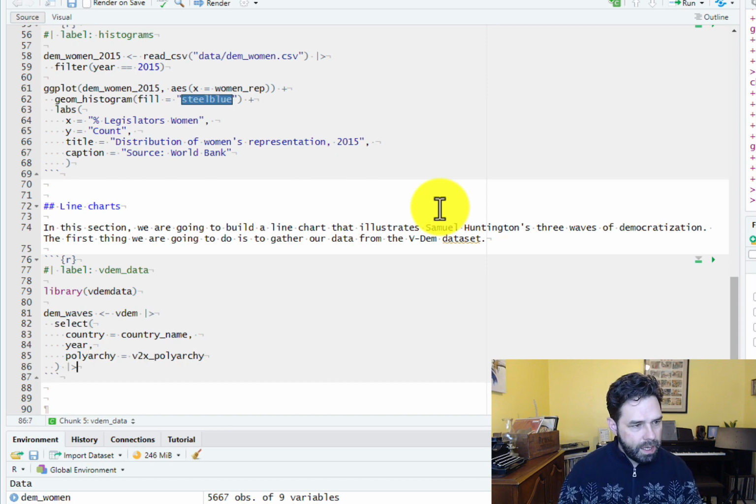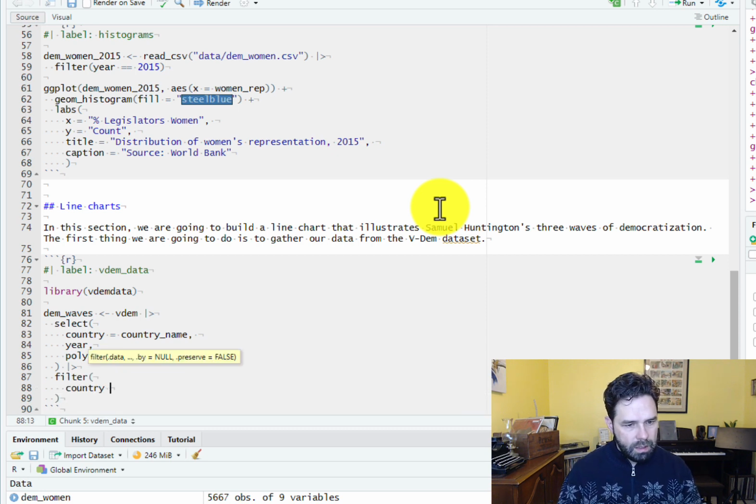Then let's pipe that into a filter verb, and let's filter country for the three countries that we want to work with. So we're going to do percent in percent, that is the in operator that will select everything that's in this combine function that we're going to type out here. So we'll write combine, C parentheses, and we're going to write the names of the three countries that we want in that function. So United States of America,